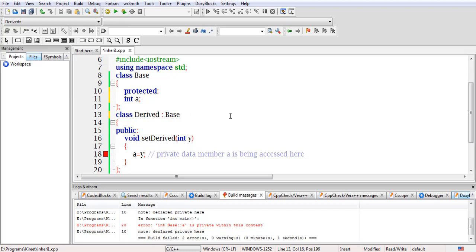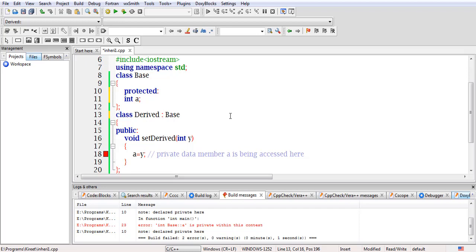If the mode of inheritance is private, then the protected data members will be treated as private data members in the derived class, or the derived class will see the protected data members of the base class as its own private data members. The public data members of the base class will also be seen by the derived class as private data members.